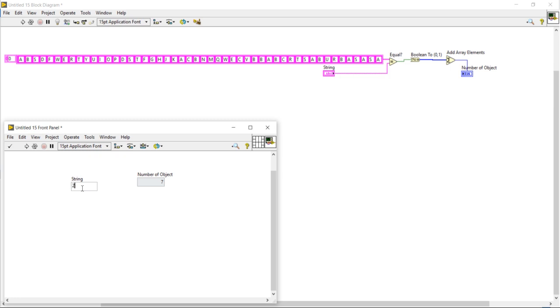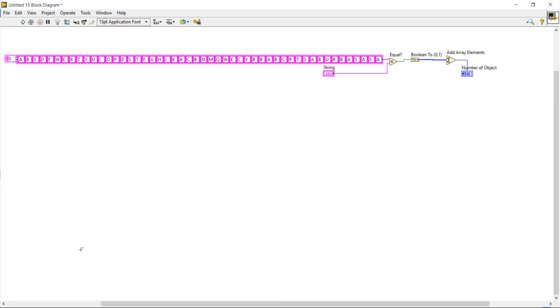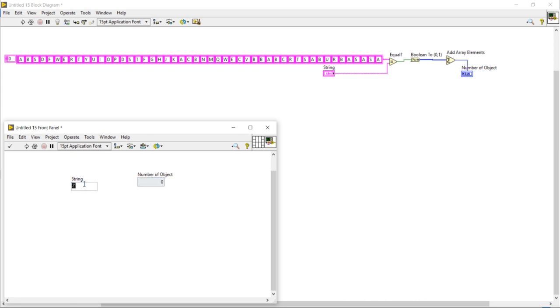If I write Z, I think Z is not present in my database. Okay, N is present once only here.